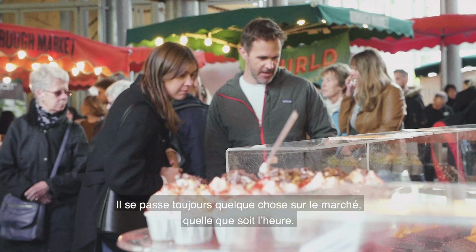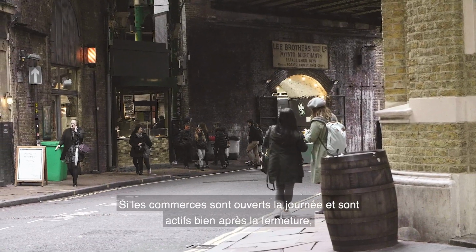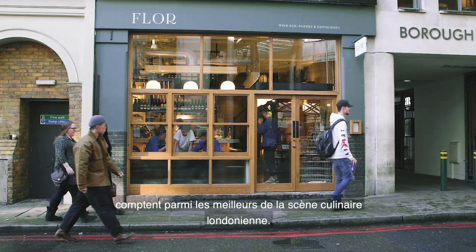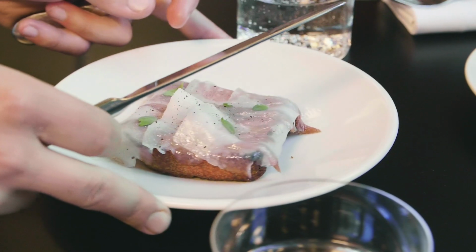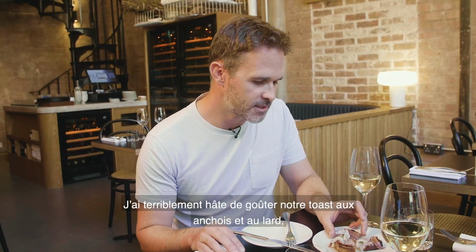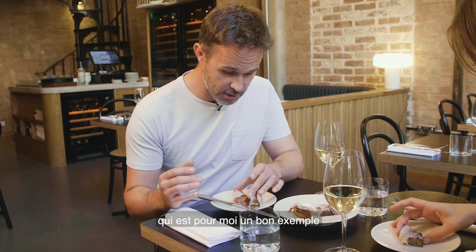At any given hour, there's something happening at the market. While it trades during the day and long after it closes, there are bars and restaurants on the site that show off some of the best of London's food scene. Like Floor, where you can taste the results of the British food revival for yourself. And I wanted to bring you up here to Floor for a bit of a pause. A well-earned one. I'm really excited to eat our anchovy and lardo toast, which I think is a good example